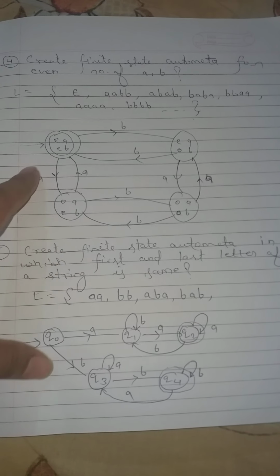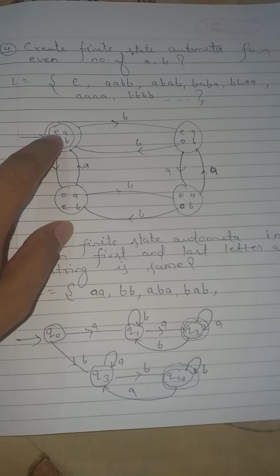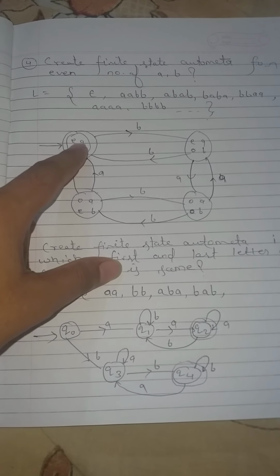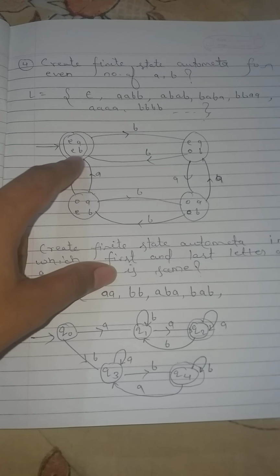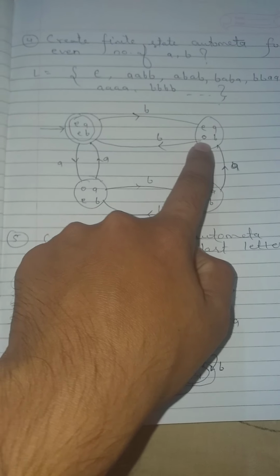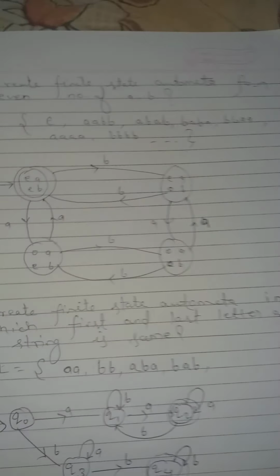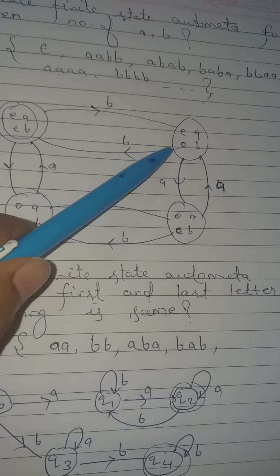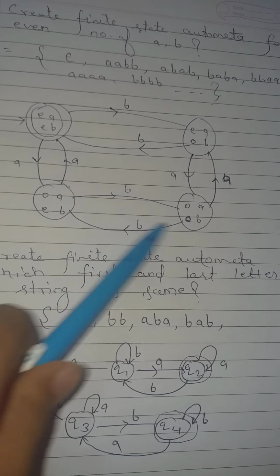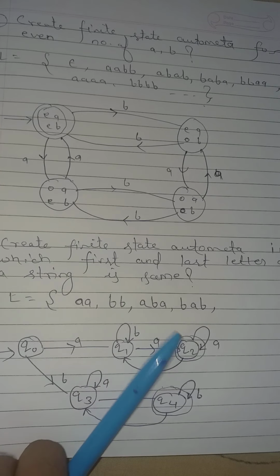So you can see in this automata how we have created it. We have a final state, where e represents even and o represents odd, and these are the a and b elements. Initially we have even a and even b, so this is the final state. If we add another b, then the number of b's will be odd. You can see in the picture. If we remove one b, we again go to the final state, that is, even b. Same for all the states. You can see each and every transition is depicted by arrows.